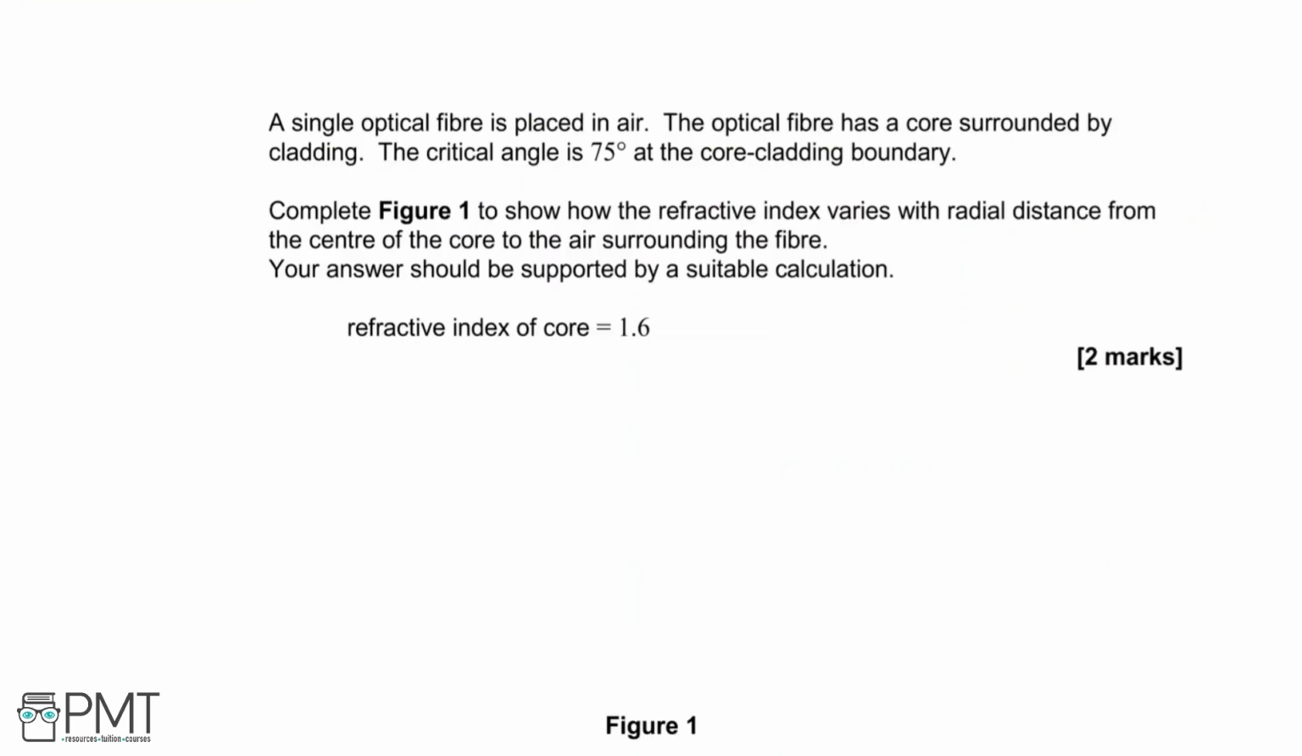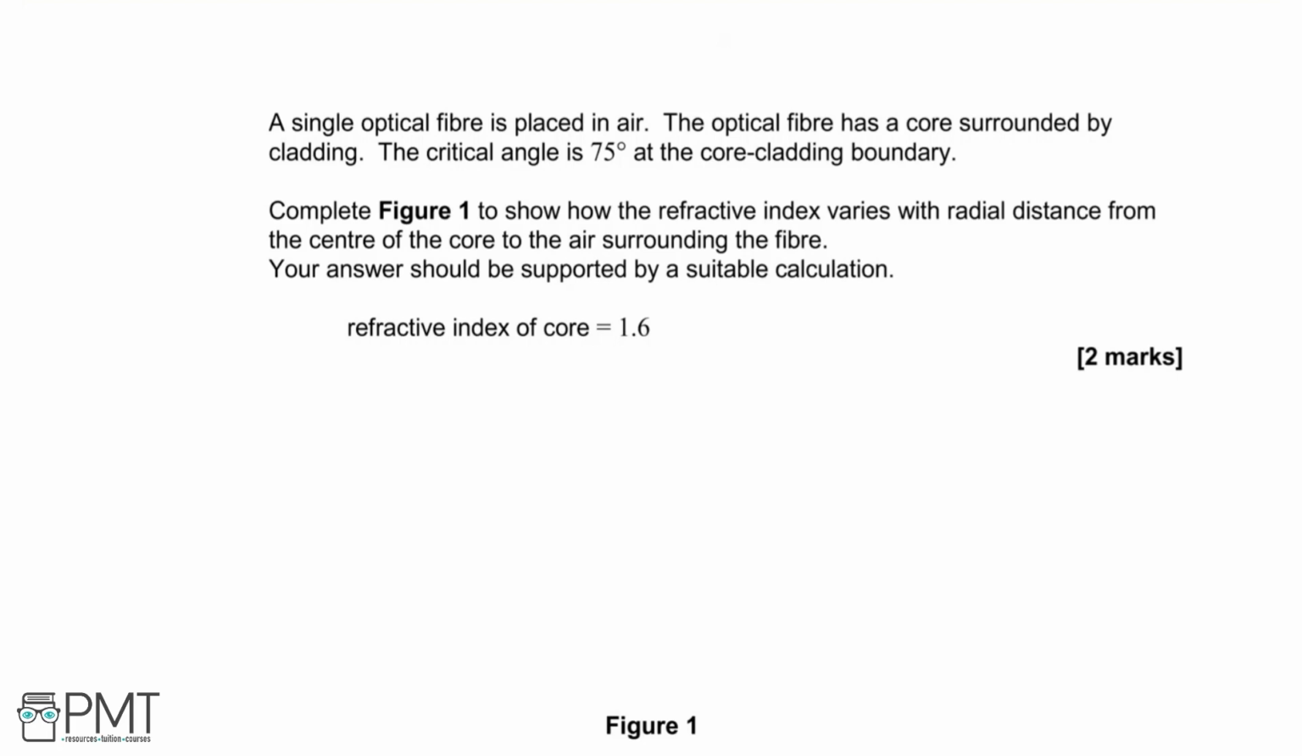A single optical fiber is placed in air. The optical fiber has a core surrounded by cladding. The critical angle is 75 degrees at the core cladding boundary. Complete figure 1 to show how the refractive index varies with radial distance from the center of the core to the air surrounding the fiber. Your answer should be supported by a suitable calculation,